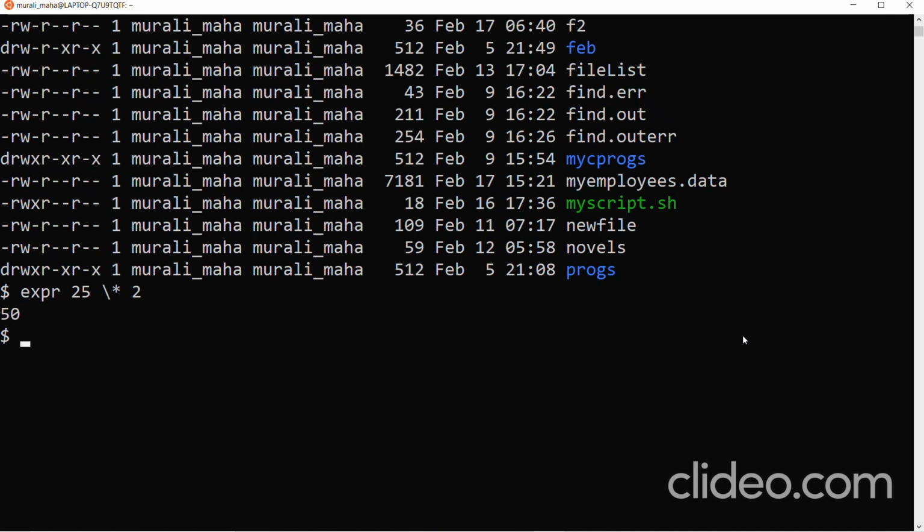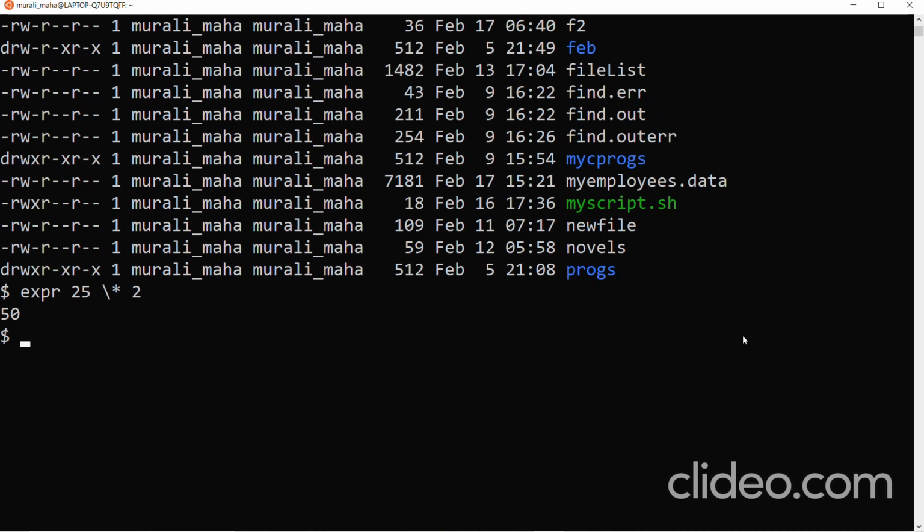Because when I prefix star with a backslash, the shell won't interpret the special meaning of star, which otherwise is a wildcard for the shell, the list of all files in the current directory. So now it will not have that special meaning. It gives the control to expr. expr knows the meaning of star. It will perform the multiplication and give the result on the monitor.